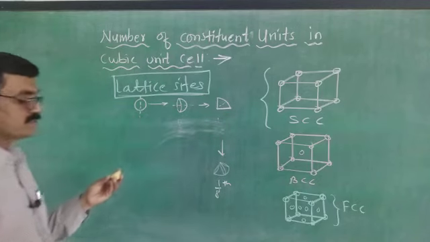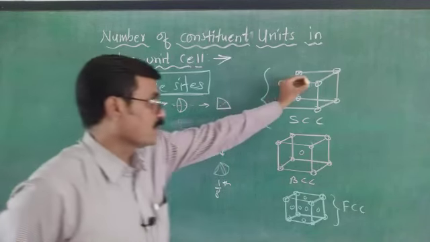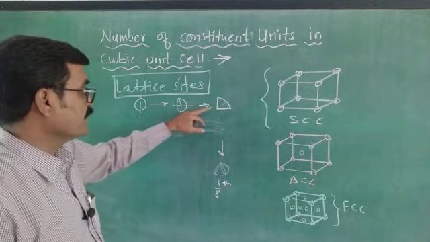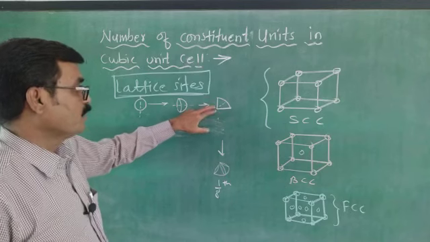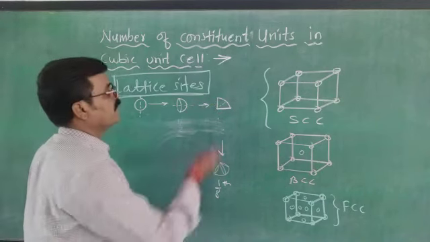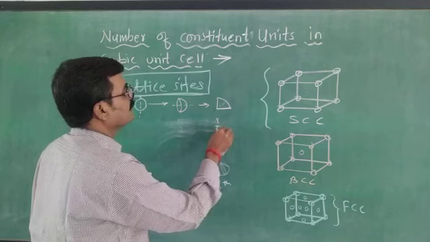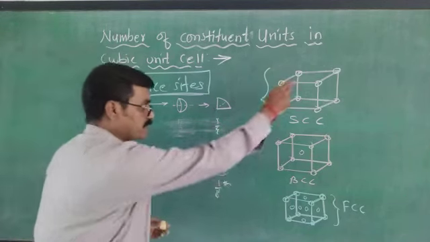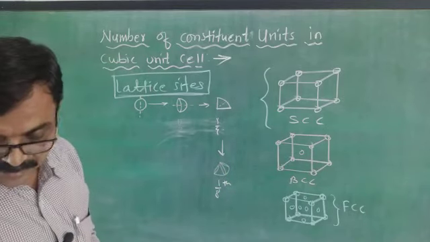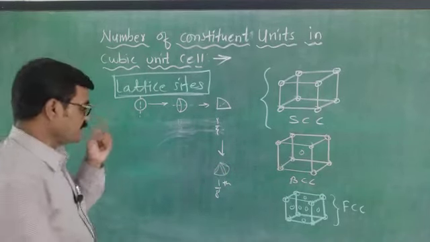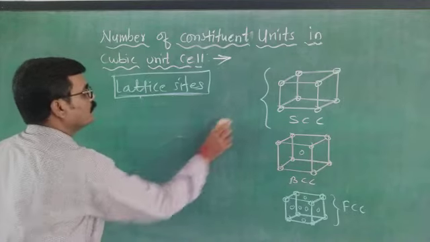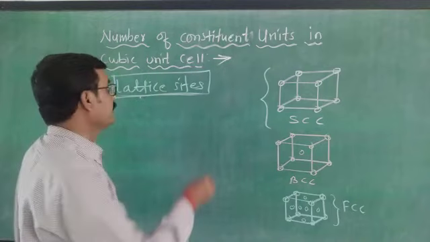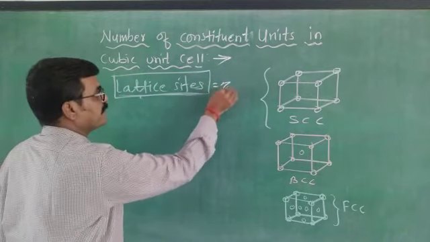In this way, at the corner there is a 1/8 portion, where 3 faces are there. If 2 faces are there, then it will be 1/4. When it is cut again, it gives 1/8. Then the 1/8 portion is at the corner. In this way, you know which portion is present at a particular position. Now in the simple cube, calculate the lattice sites, that is Z.